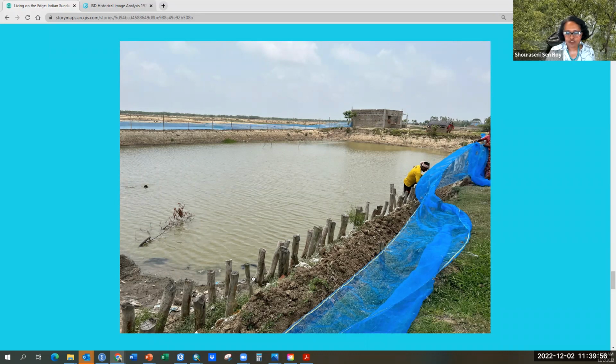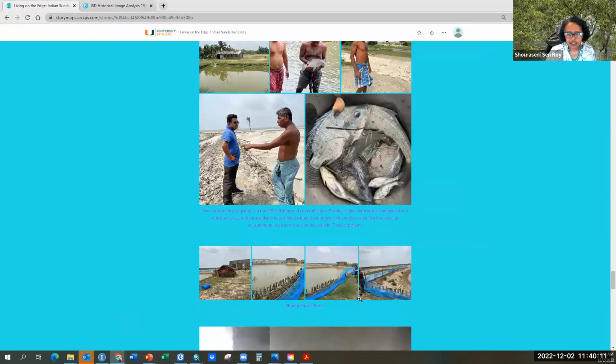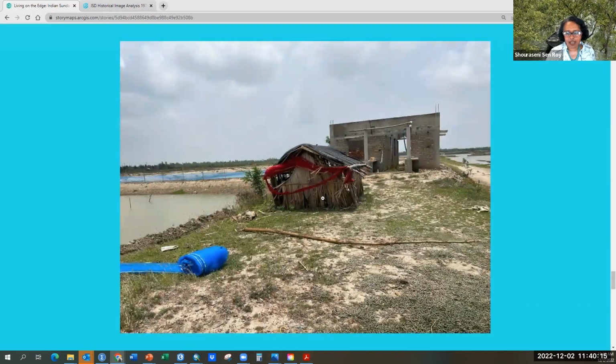So this was one of the shrimp ponds that they were just constructing. They put nets around these ponds, and you can see them all around the islands, especially the coastal areas. A lot of the residents here have a small house where they will live to catch fish or do farming or whatever they need to do. Fishermen will have a house here.